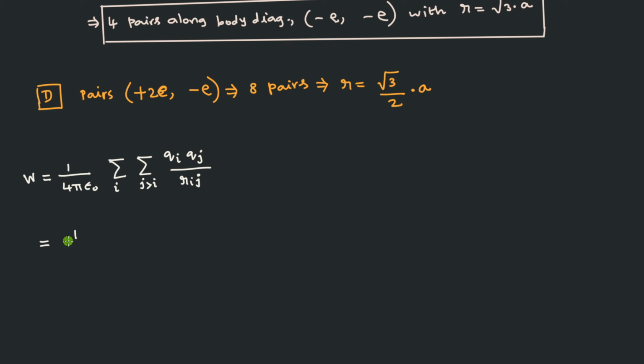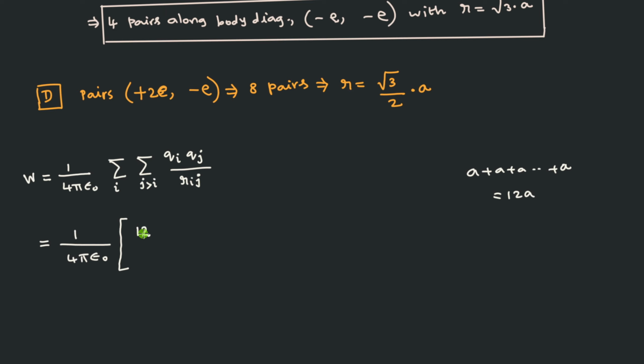Okay. So 1 divided by 4 pi epsilon 0 is common for everything. Therefore, I will write it outside. Then open a big bracket, and then case A. Just now we have seen that there are 12 pairs possible. Why I am writing 12 is, otherwise you have to write 12 identical terms and add them. Why do you want to write identical terms 12 times and add? That is what is called 12, right? I don't want to write a plus a plus a plus 12 times. You know that this is 12a.